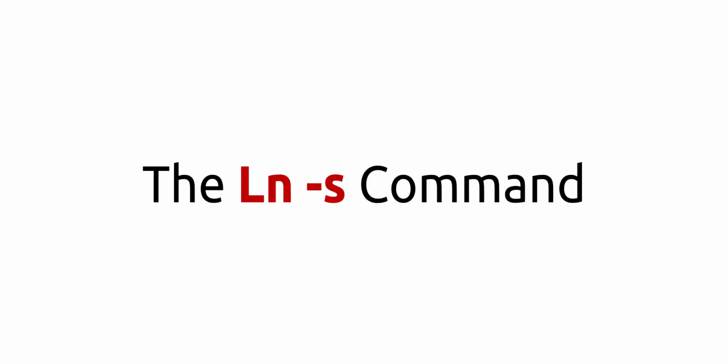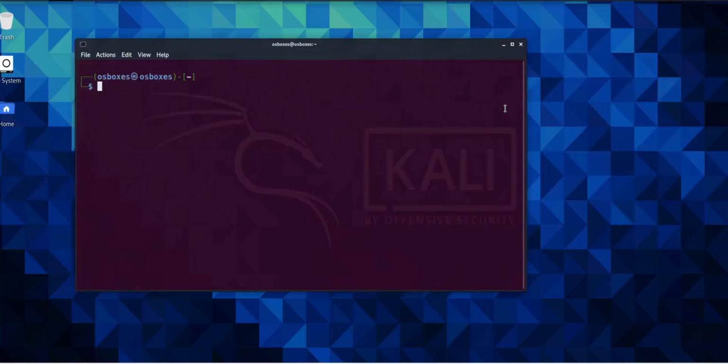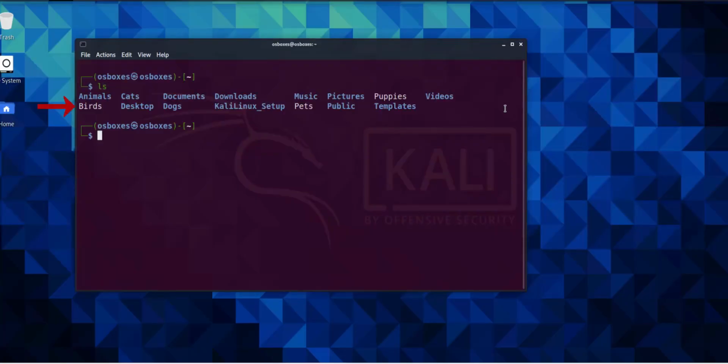The ln -s command. The ln -s command creates soft links between files. In other words, it transforms files into pointers for another file or directory, similar to a hyperlink. The syntax is ln -s, file name, symbolic link. We're going to create a symbolic link with the birds file. To do this, we must write